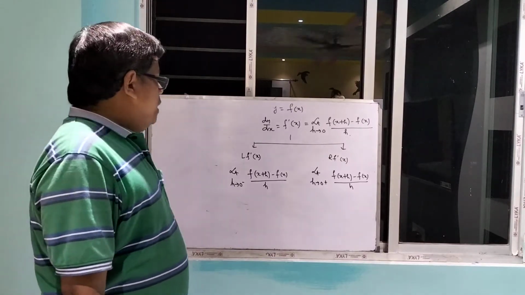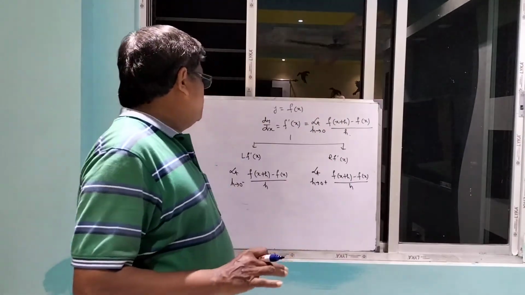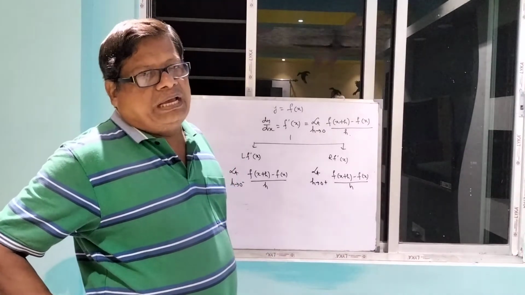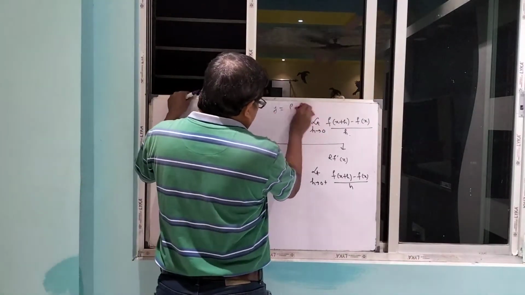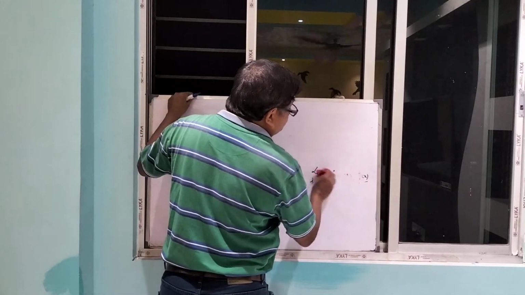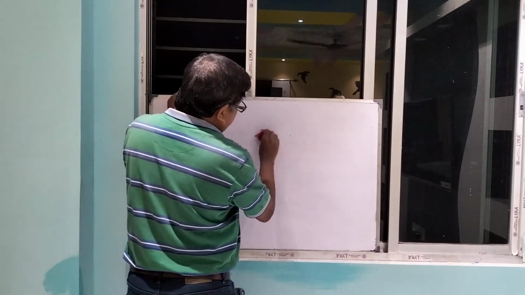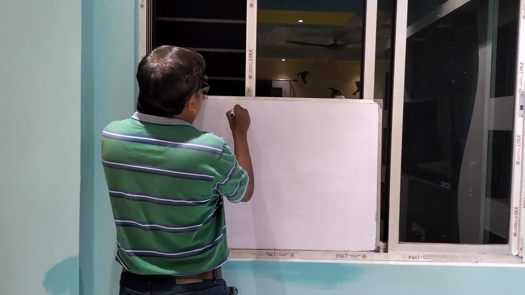Okay, one important question is when a function is said to be differentiable. Suppose a point is given at x equal to a. Note it down: when is a function said to be differentiable at x equal to a? A very important question, a short question, a 2 marks question.